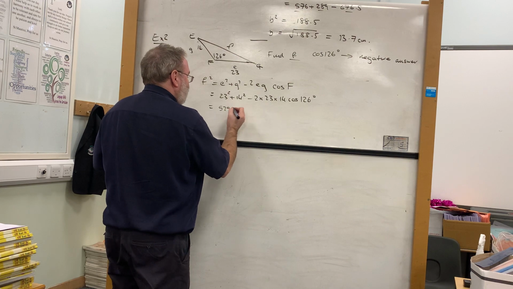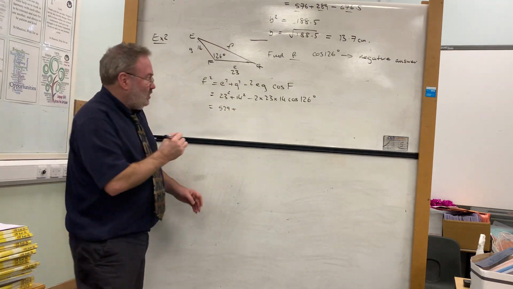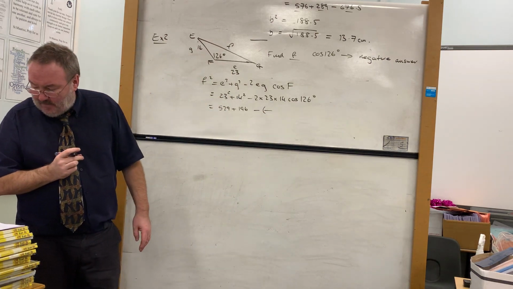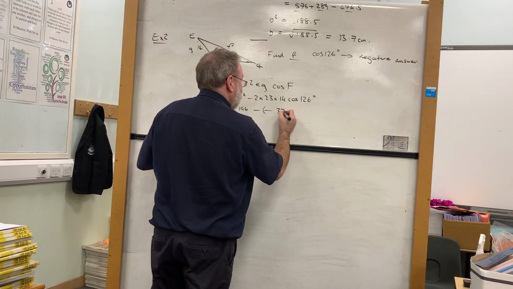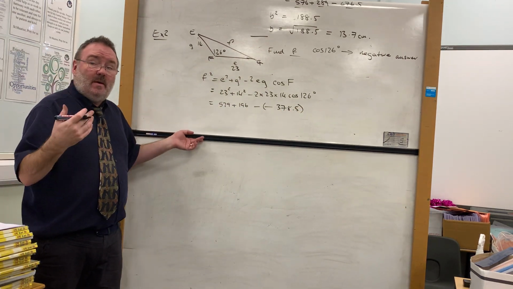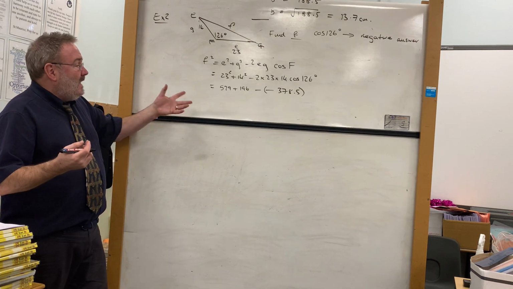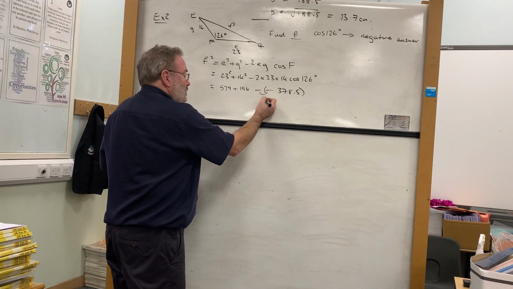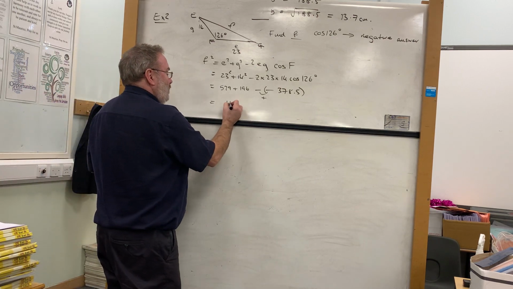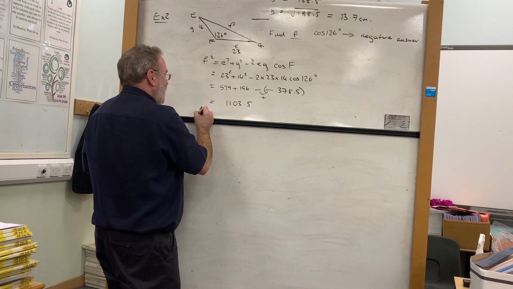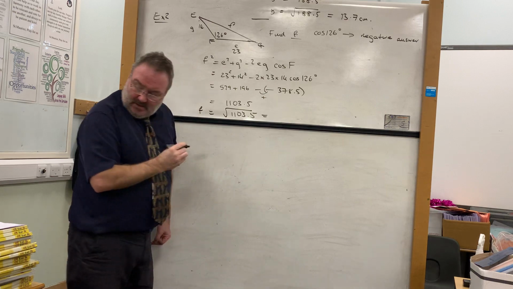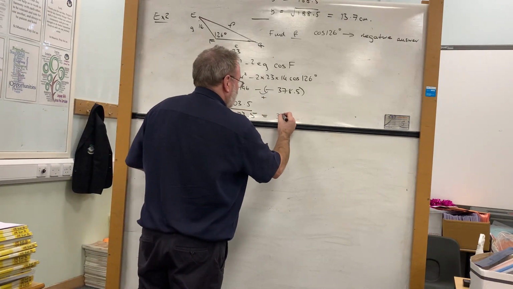529 plus 196 minus, and then this is going to be negative as well, 378.5 to one decimal place. The one decimal place, remember, is fine. As we do the calculation, these two of course will turn into a plus, so that's going to end up giving us an answer of 1103.5. So f will be the square root of 1103.5, which turns out to be 33.2